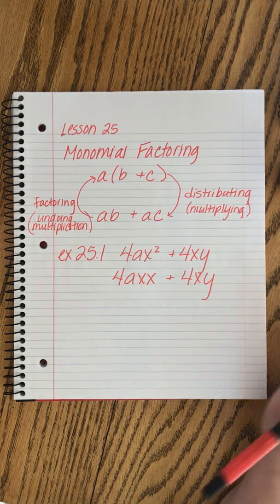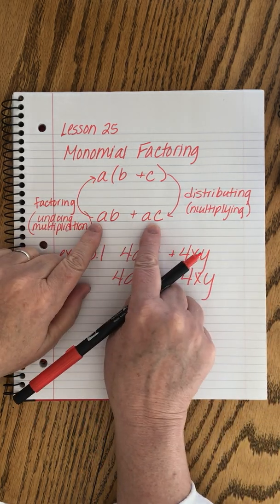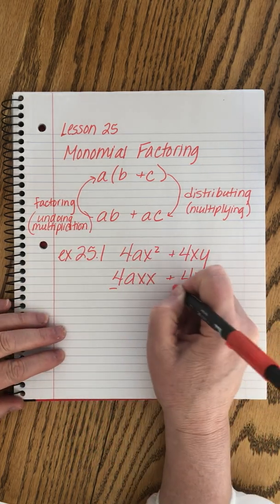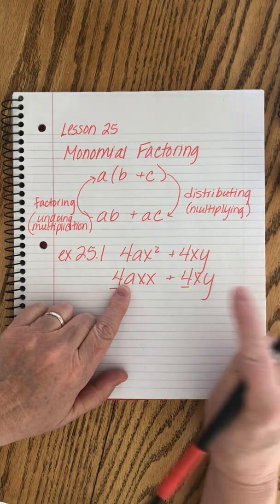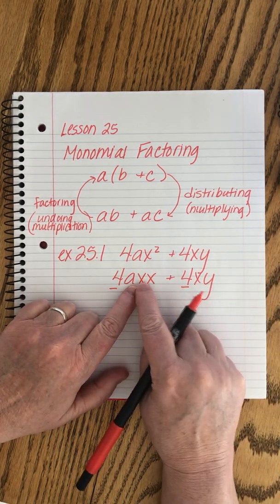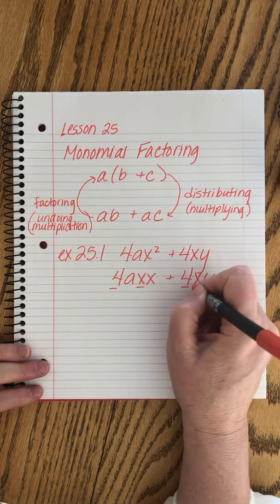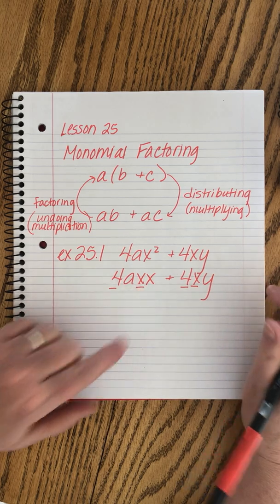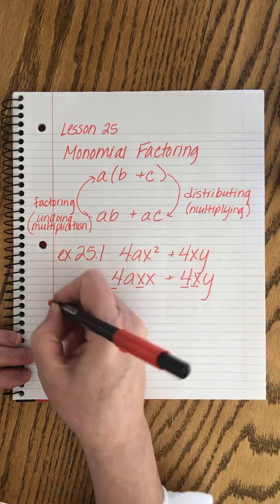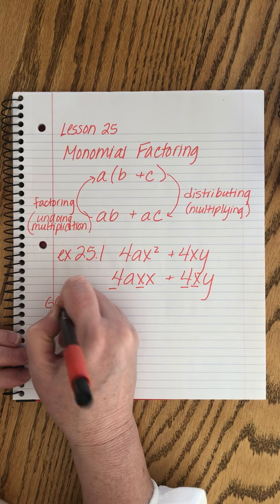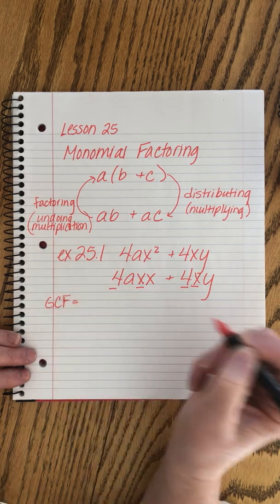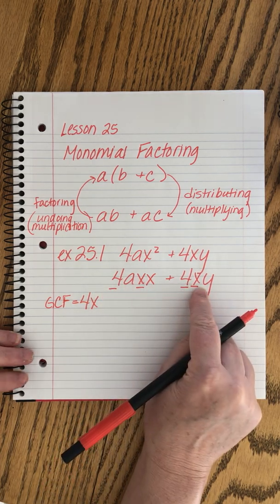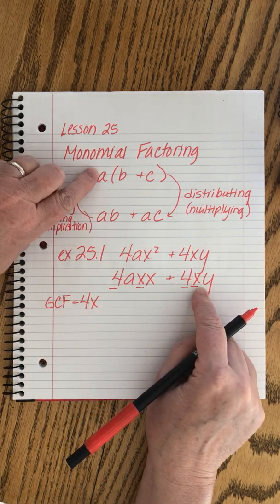Now, what I'm looking for is, just like here, which pieces are the same in the two different terms. I can see that they both have a 4. This one has an a, this one doesn't. This one has 2 x's, this one only has 1, so they have 1 x in common. And this one has a y, but this one does not. So what I can pull out of these, and we call it the greatest common factor, equals 4x, right? That's what each pair has. The greatest common factor is what we call the a